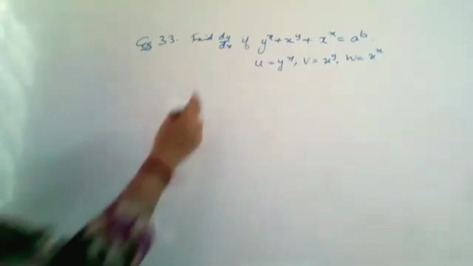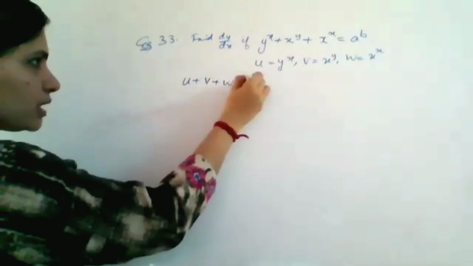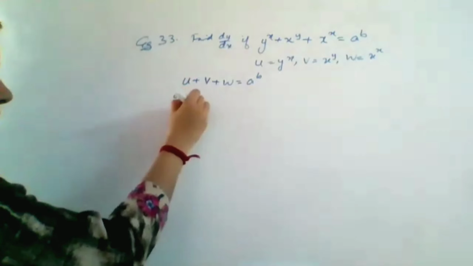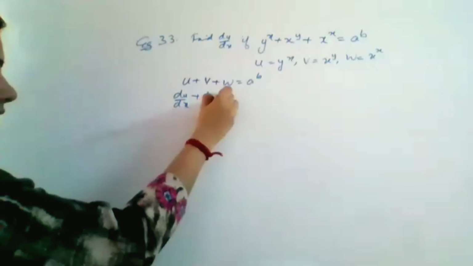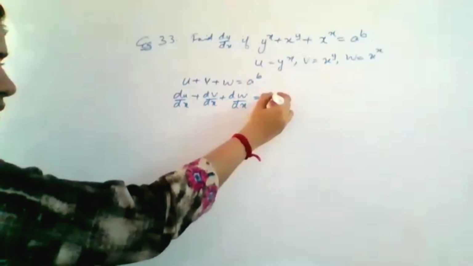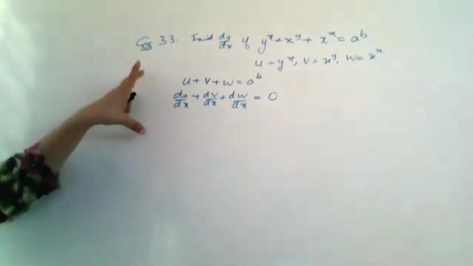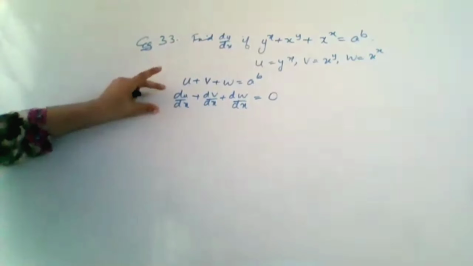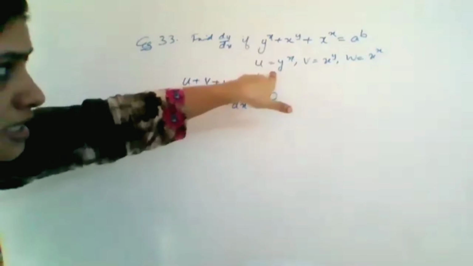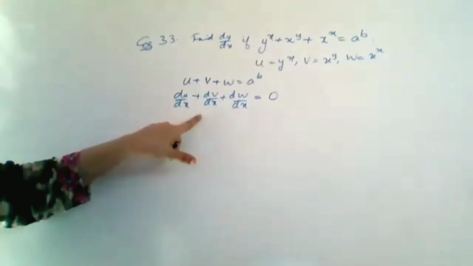Okay. So what our question reduces to is u plus v plus w equal to a raised to b. That means we have to find out du by dx plus dv by dx plus dw by dx. Differentiating both sides will give you d by dx of a raised to b. So you don't have any x, means the derivative will be 0. So this is your thing where you need to substitute all the values du by dx, dv by dx, dw by dx. These three, separately we have to do, that is, by logarithmic differentiation of this, this and this, all the three you have to do separately and then substitute here.